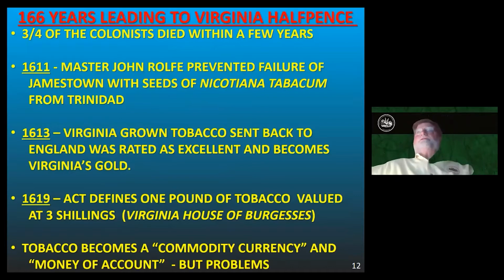So within the first few years, you can understand how dire and terrible it was for the colonists who lived there. If you notice that three-quarters of the people died in the first few years, possibly due to the lack of food, as well as being attacked sometimes by the Native Americans. And as I said before, the lack of the British Crown's interest in the colony was a significant factor, King James not wanting to support the colony until